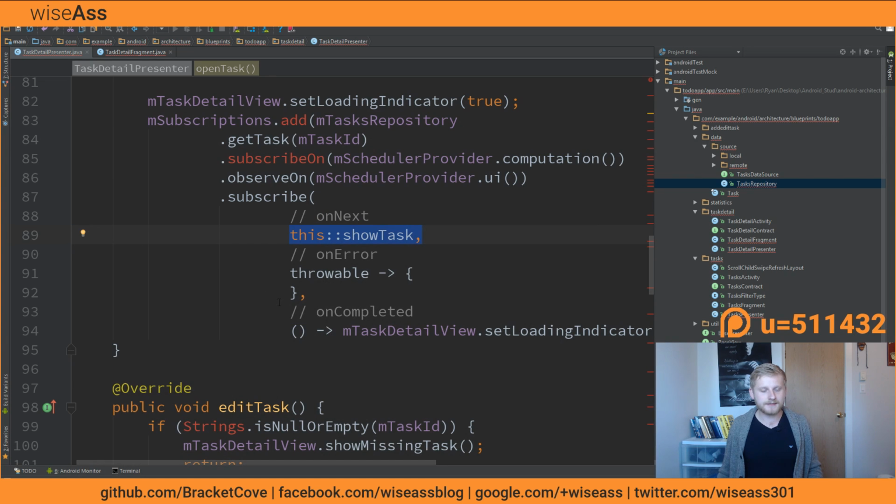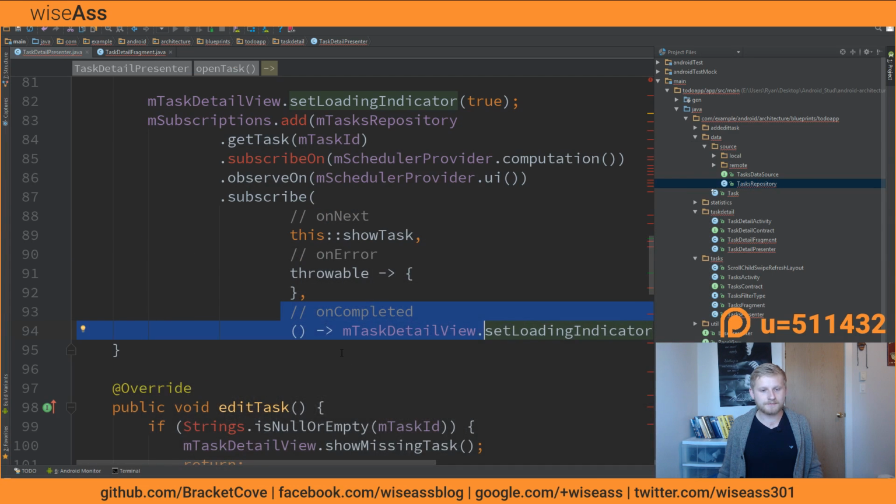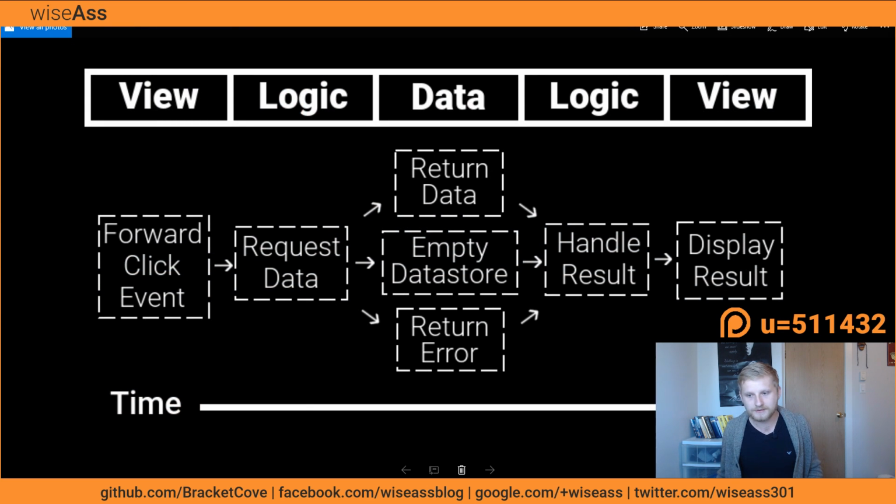Or it'll say on completed, it hasn't found anything yet, or there is no data, which is this middle path here. Or it'll say on error. It'll throw an error. As a random side note about RxJava, you do want to treat an error as something different than an empty database, because an error is a critical failure, whereas an empty database is quite normal when you first start the application.